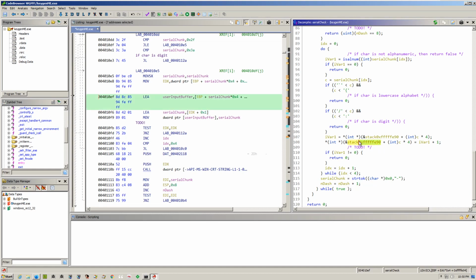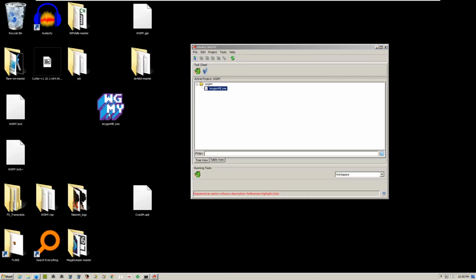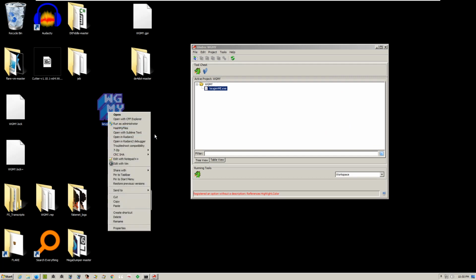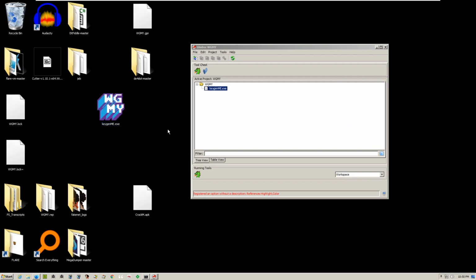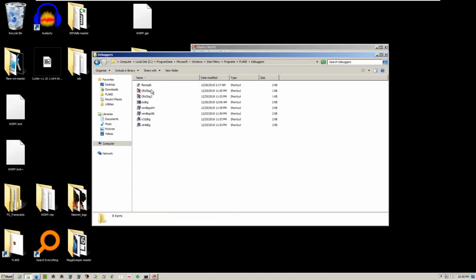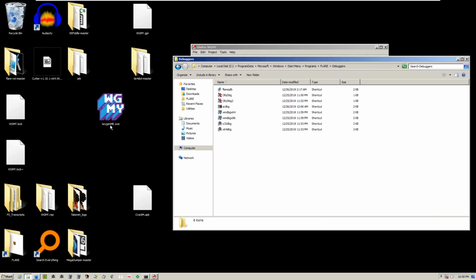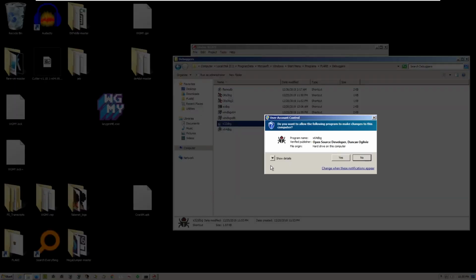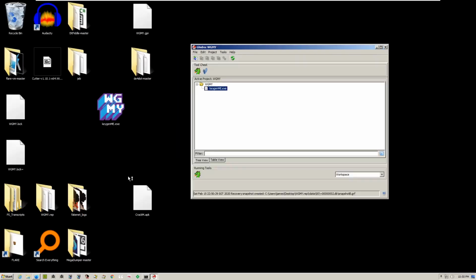Or I can use a cheat. I can use a debugger and figure out what the value is here. So let me do that. Okay, so I'm going to open this using, what is your x64 debugger? So we have a debugger here. Okay, so this is 32-bit, right? Yes. Okay, so I'm going to open this up using a debugger